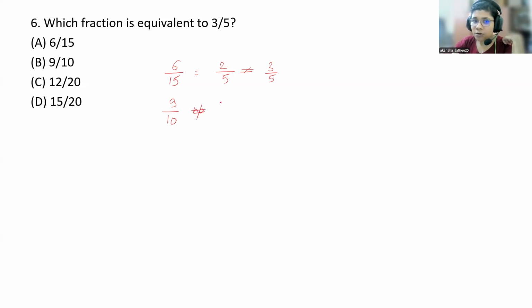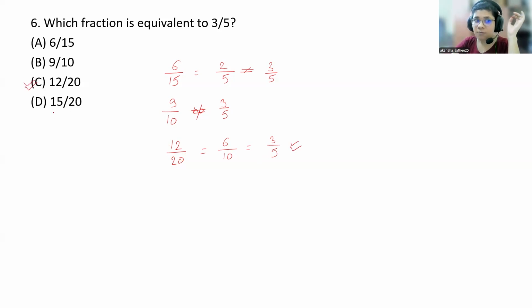So it is not equal to 3 by 5. Right? Now 12 by 14. Let's see 12 by 20. Do you know any number which divides 12 as well as 20? 2 is one of the numbers. So 6 and 10. 2 sixes are 12 and if you divide 20 by 2 you will get 10. Is there any number which divides 6 as well as 10? Means same number. Yes, again 2. So you will get 3 and 5. Yes, correct match. So 12 by 20 is equivalent to 3 by 5.